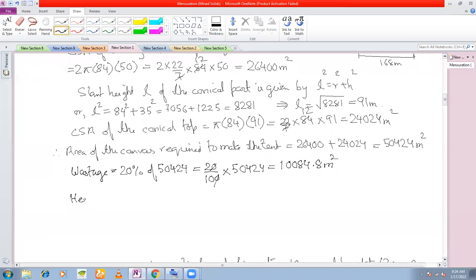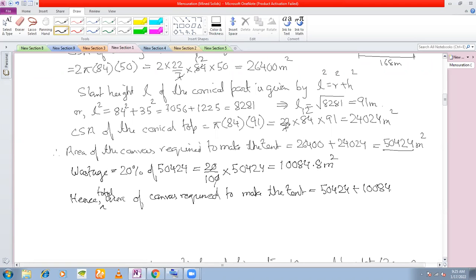Hence, area of canvas required, say total area, canvas required to make the tent, is only 50,424 plus 10,084.8. And this adds up to